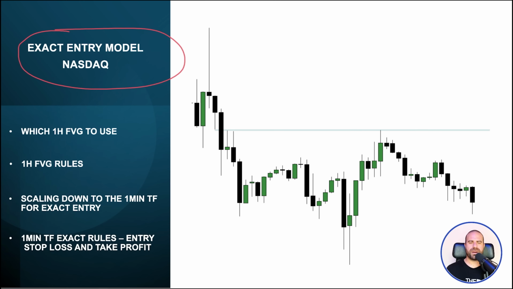And here we are. This strategy takes place on Nasdaq once again. And I'm gonna teach you which 1 hour fair value gap to use. There is a small trick coming into it again. And I'm gonna talk about the 1 hour fair value gap rules, because there are certain rules that we need to follow. Then we will scale down to the 1 minute time frame and we will see the exact entry,